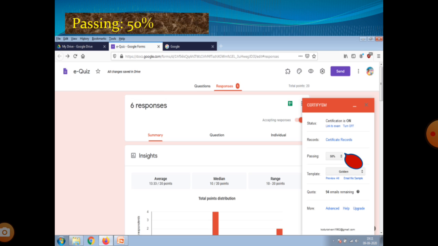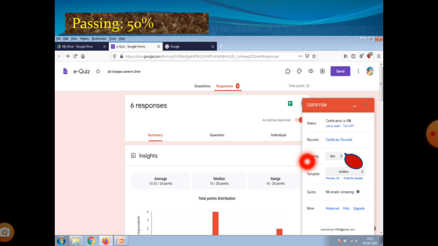Next I move to the next slide. In the next slide the next option is passing percentage. As a convener, what percentage is required for the participants. So I would like to insert the pass percentage of 50%. In my view, 50% is enough.